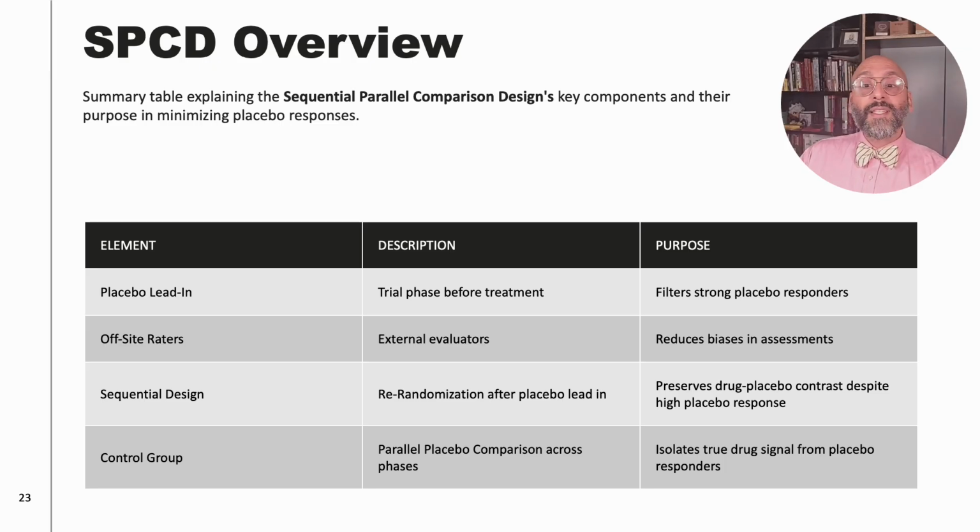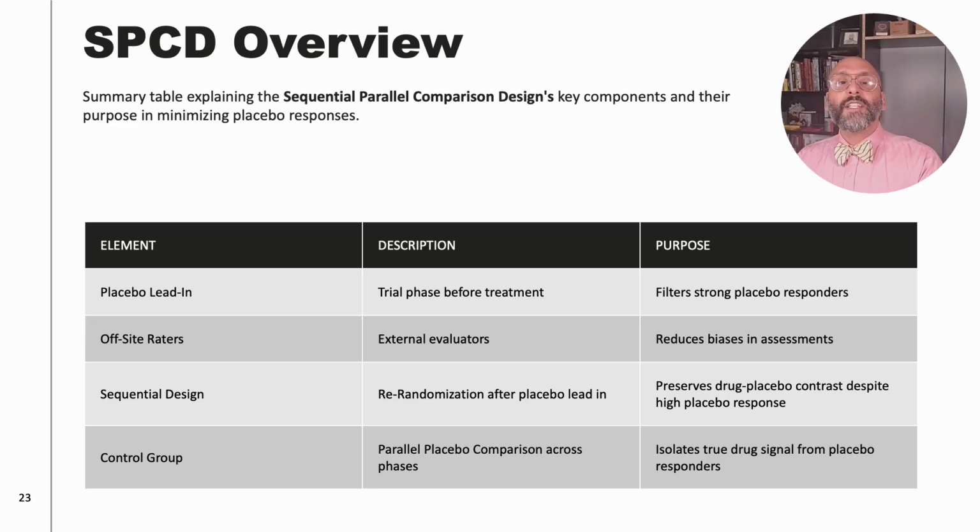Many antidepressant and anxiety trials have placebo response rates that exceed 30 to 40%, or show you your drugs are as effective as M&Ms, essentially. That makes it statistically difficult to detect whether a medication has a true effect beyond expectation, therapeutic contact, and time. So this SPCD design is essentially a damage control strategy.